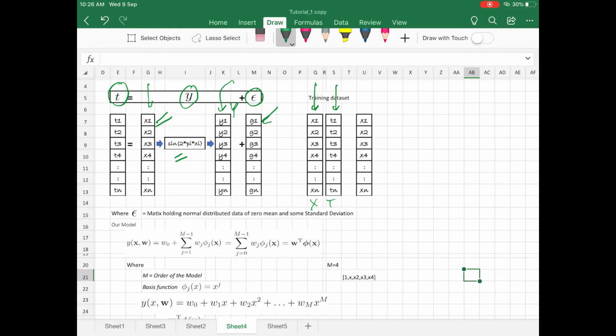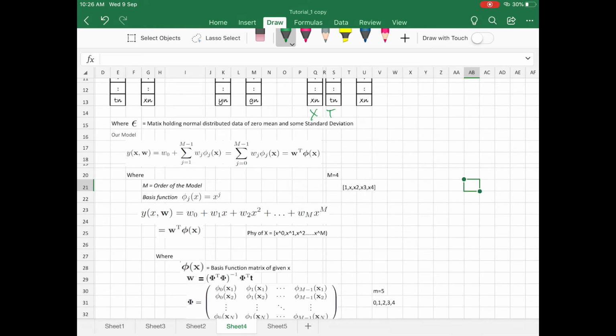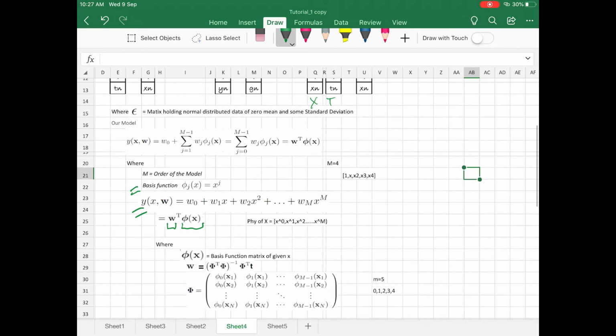Once we have this, we will implement some logic and some methods in Python to create the basis function, to create the model itself, to train the unknown coefficient matrix which is w, and at the same time we will create a function to compute phi of x. Once we are ready with all of this, we will create a model, and we will specifically create a polynomial linear regression model, and the basis function of this model would be x raised to the power j.